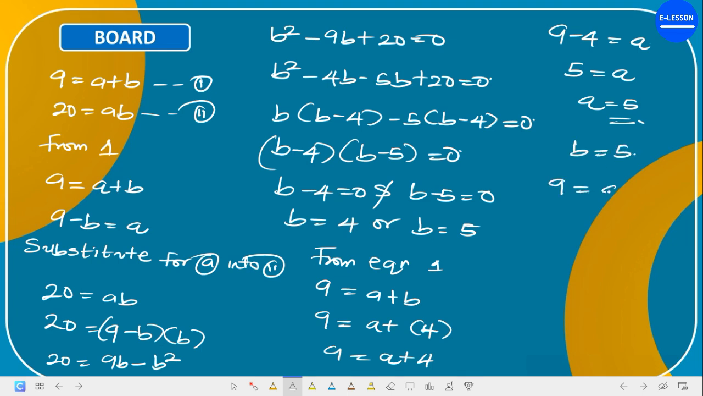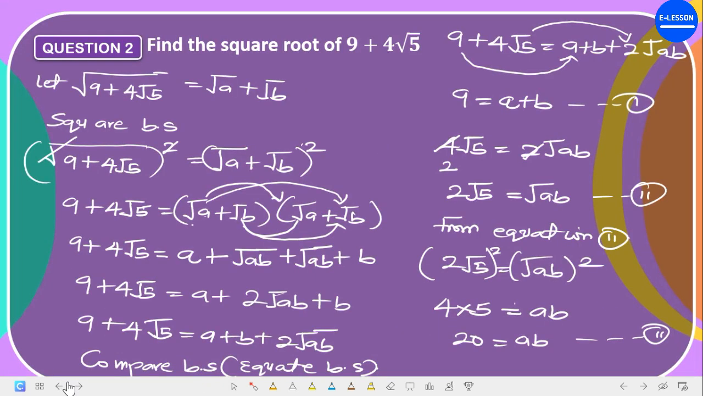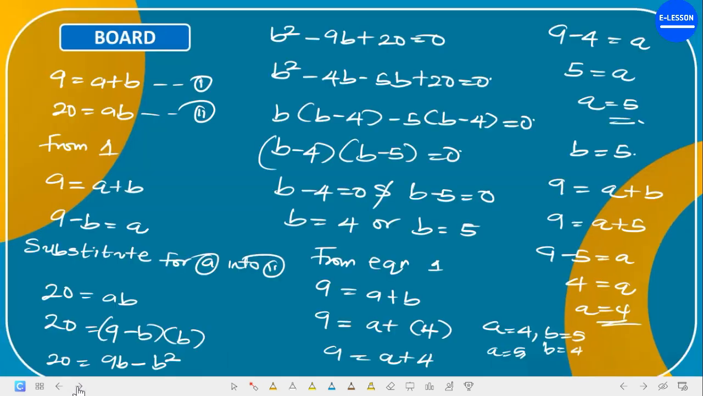So it becomes 9 is equal to a plus b. When b is equal to 5, this becomes a plus 5. And then this comes to this side, becomes 9 minus 5 is equal to a. 9 minus 5 is 4, equal to a. And a is equal to 4. So your answer is, when a is 4, b is 5. When a is 5, b is what? 4. So vice versa. So finally now you come back to this equation and say the square root